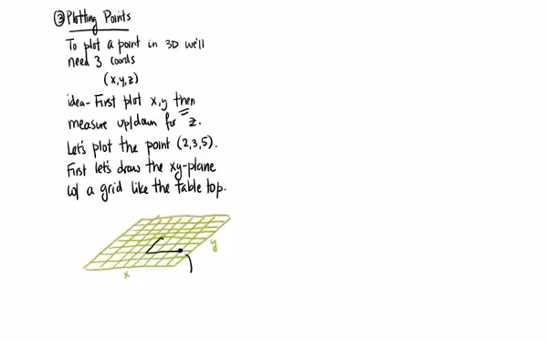So this right here, this is the point. If we haven't done any z's, let's just say this is x equals 2, y equals 3. So really, if I imagined a z-axis, it would be 2, 3, 0. So for 2, 3, 5,